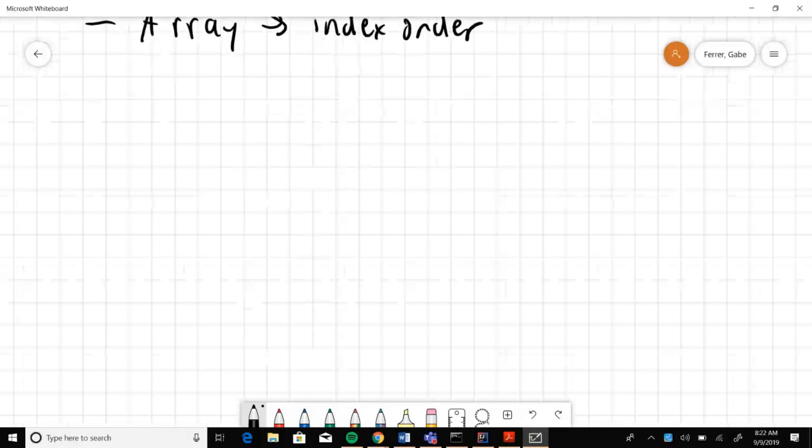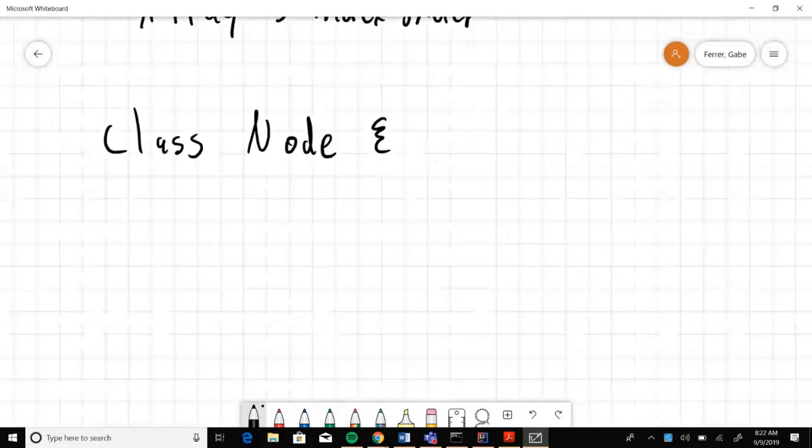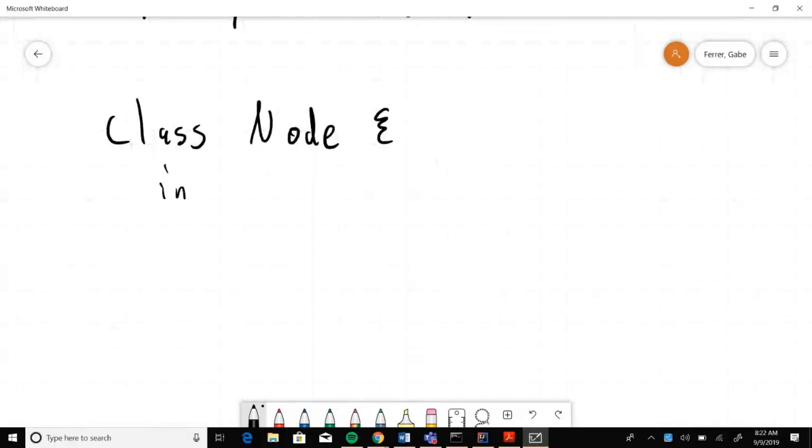Let's imagine that you've got a data structure consisting of two things. So I'm going to just pretend we have a class, and I'm going to call this a node. And in this class, we have some int, which represents a value of the node. And then we have,